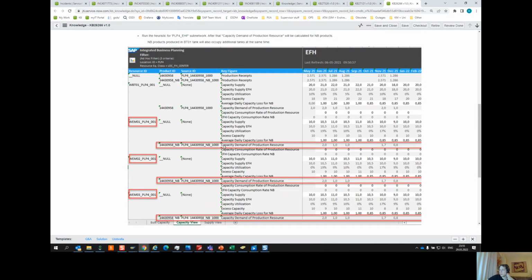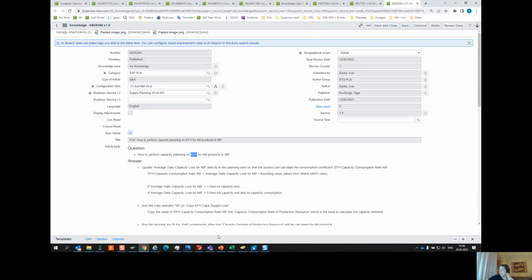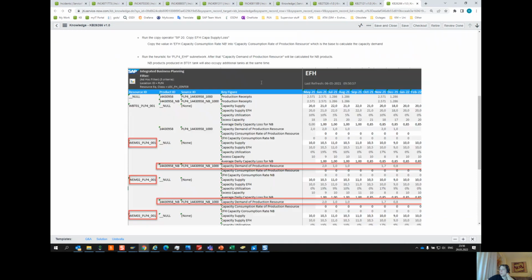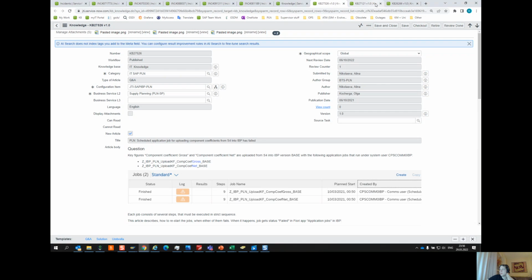And so supply planners, as a part of their cycle, need to check the capacities to be sure that everything can be produced in a normal way. So that's all 3 KBs for supply, and you see only one of the 3 KBs